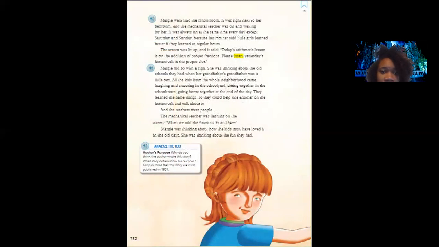She was thinking about the old schools they had when her grandfather's grandfather was a little boy. All the kids from the whole neighborhood came, laughing and shouting in the schoolyard, sitting together in the schoolroom, going home together at the end of the day. They learned the same things so they could help one another on the homework and talk about it. And the teachers were people. The mechanical teacher was flashing on the screen. When we add the fractions,